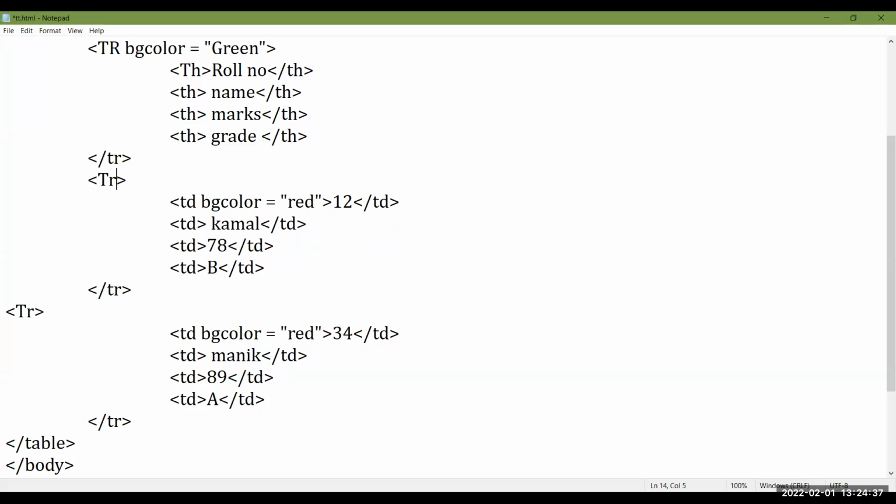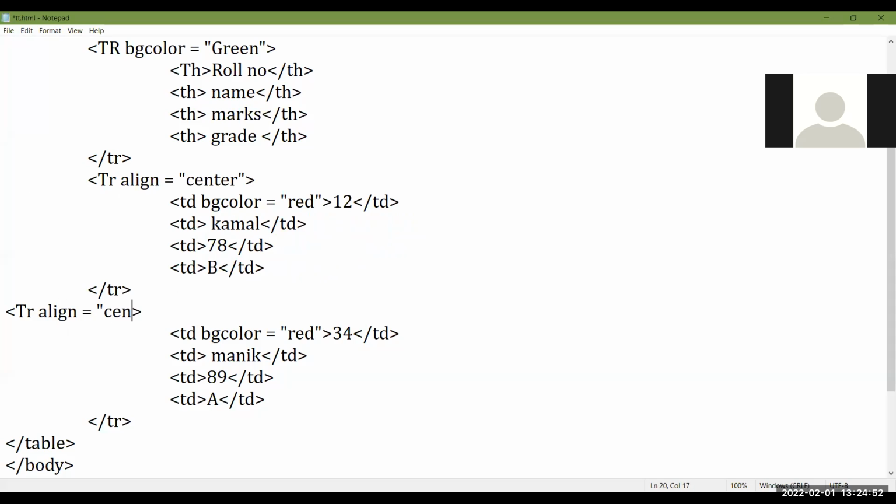Okay. Yes ma'am. Okay, here I'm giving align equals to center for the complete row. You can give the center alignment for each row. हम हर row के लिए भी दे सकते हैं, so that अगर मुझे सारी values को सेंटर में करना है या राइट पे करना है,